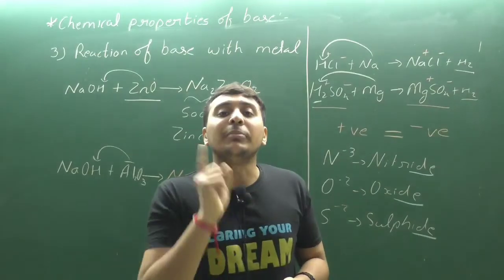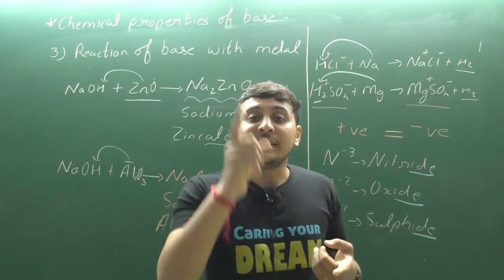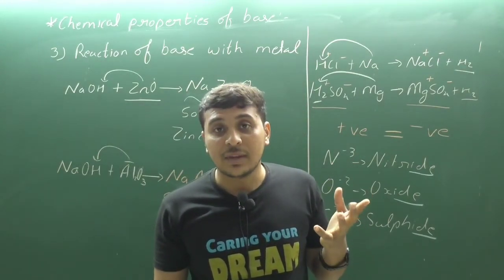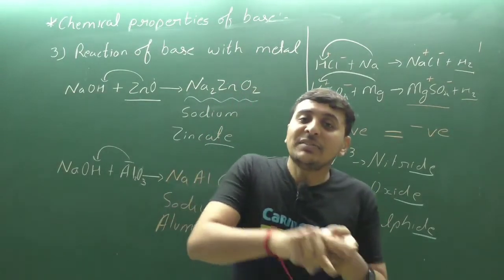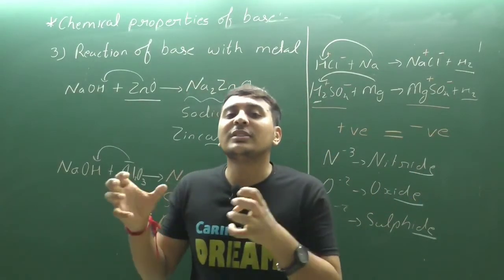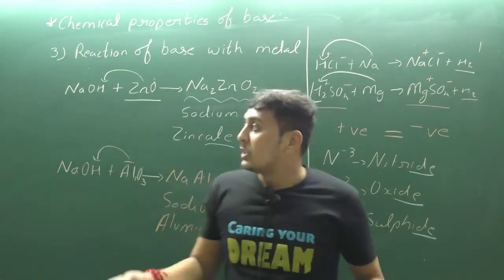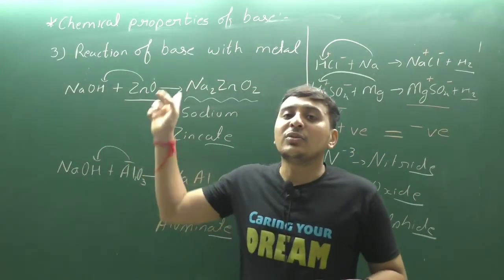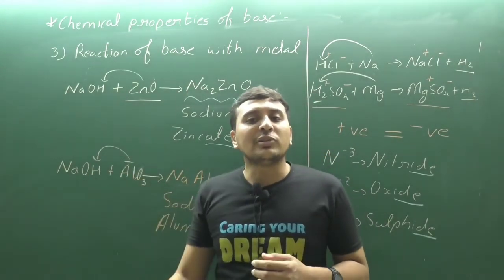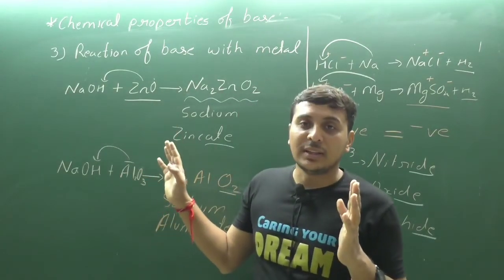One of the most important questions of this chapter: What are amphoteric oxides? Give examples and write the reactions with acids and base. The metal oxides which can react with acid as well as base are known as amphoteric oxides. Zinc oxide can react with base and also with acid. Aluminium oxide can react with base and also with acids. So they are known as amphoteric oxides.